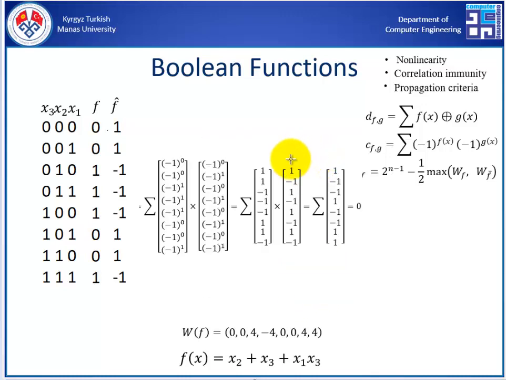So the calculation of polarized truth tables gives us these two polarized forms, and the multiplication gives us these elements. Summing up these elements, we obtain 0, which means that there is no correlation between the output bits and